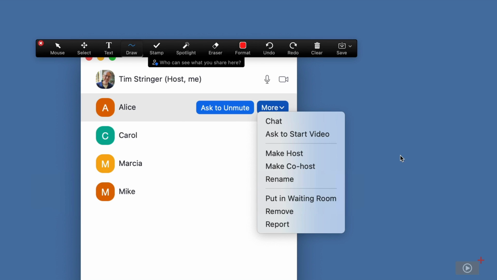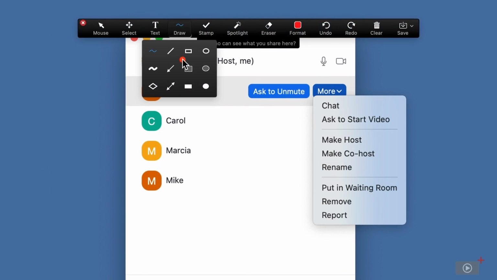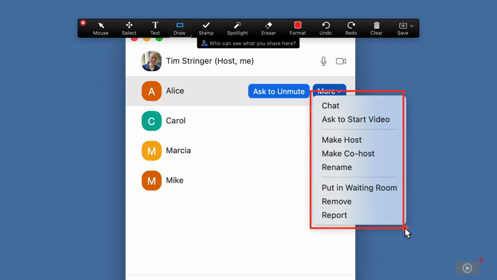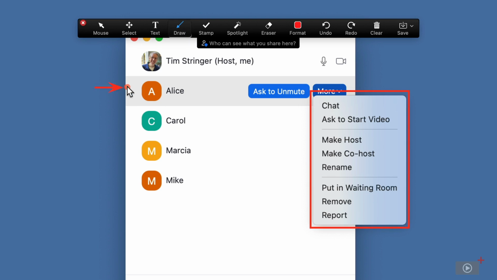I can use the annotation tools to draw on the screen. For example, I can click Draw to reveal a variety of different drawing tools. I'll add a box and an arrow. While these tools can be very helpful, they can also lead to the screen becoming quite cluttered. And unless I make a point of clearing these annotations, they'll still be visible when I advance to the next slide. I'll click the Clear button and clear all of my drawings,